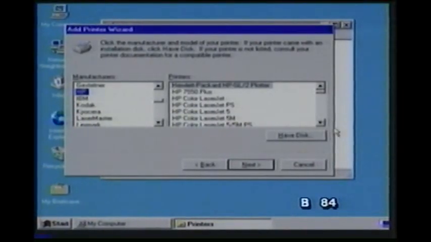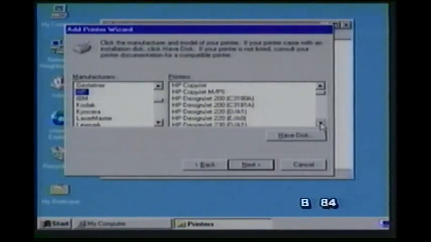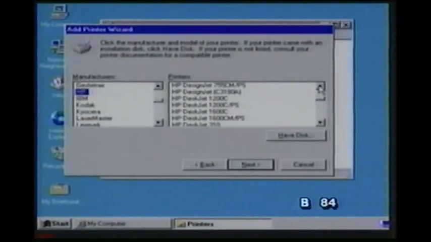Select Hewlett-Packard, and I'll scroll down to look at my available drivers included with this copy of Windows NT Workstation. My printer is the 1120C, and I don't see that driver on here. So I have a disk from the manufacturer, and I will click on Have Disk,